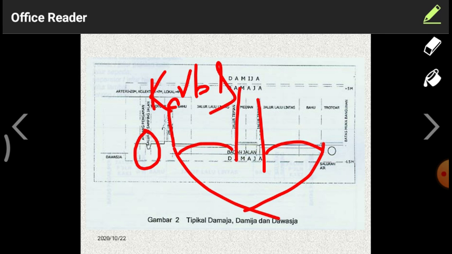That means the median is normally kept at the middle of the particular road surface. It means normally here we are having two lanes of road. That means one lane and one lane. Between those two lanes we are having this median. At the ends of those two lanes we are having these curves at each side.